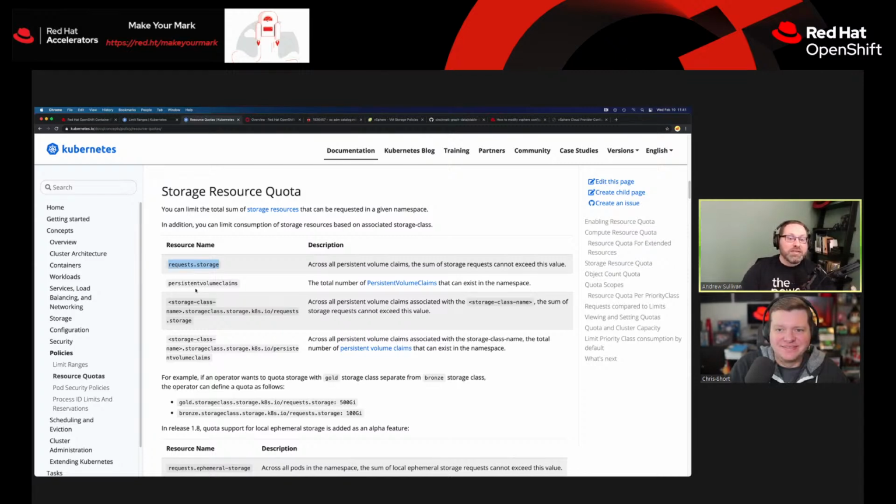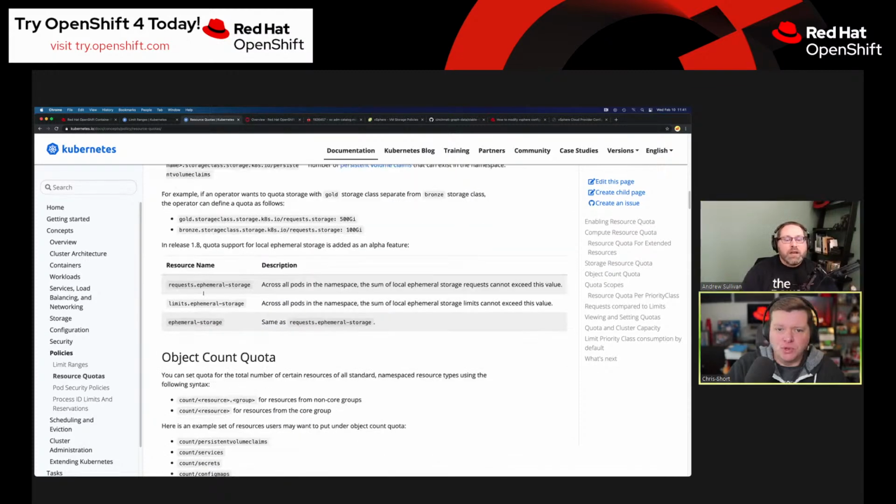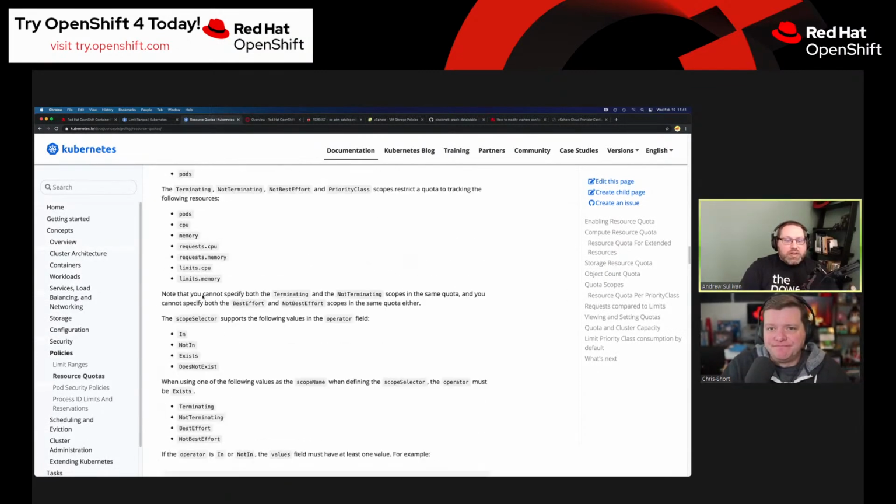Now, note that this is gigabytes. It's capacity based. Effectively, Kubernetes has no concept of things like latency or IOPS, which is, of course, important for many storage operations. So just be aware of that, right? That it is a thing. And there are ways that you can control that depending on your storage vendor. So refer to their CSI provisioners, because many of them have a lot of different things to help with that. I know Pure, I know NetApp, I know Dell all have the ability to define things like QoS policies and IOPS limits inside of their storage class definitions. So cool stuff. The last one that I'll touch on is